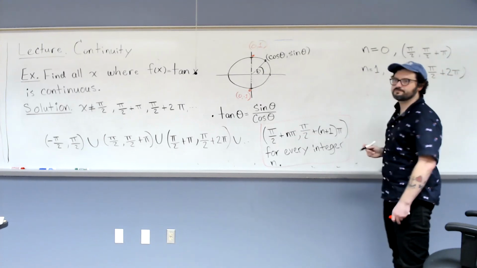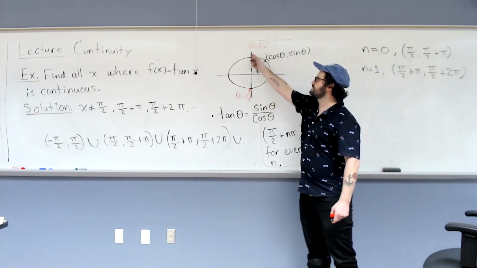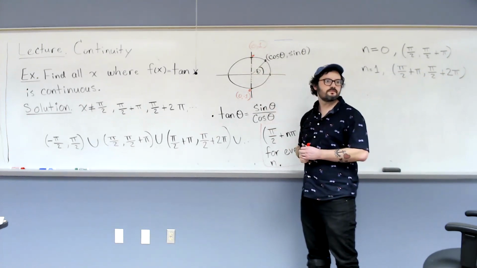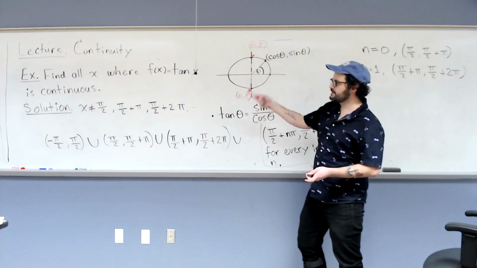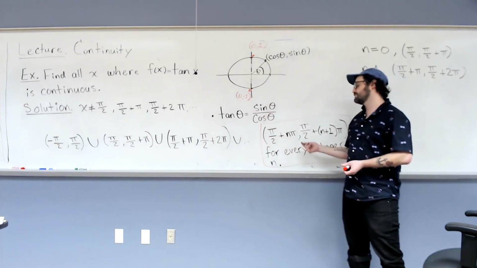Dot, dot, dot. We're just grabbing all of those angles that avoid those points. That's all we're doing. Okay. Now, what about the negative ones? The negative ones will still work, right? Like when n is equal to -1,